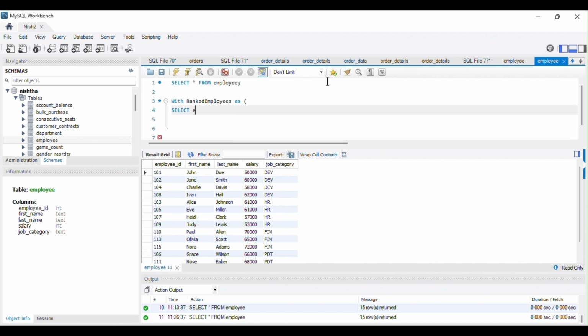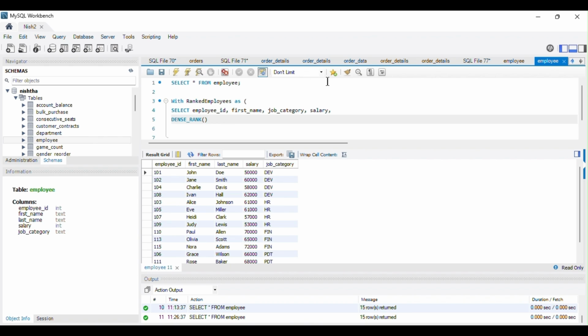So select, I want to display the employee ID, first name, job category, salary, and since I want to display the rank, I will be using the DENSE_RANK function as we already discussed.